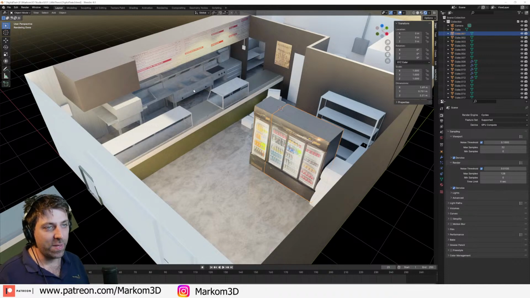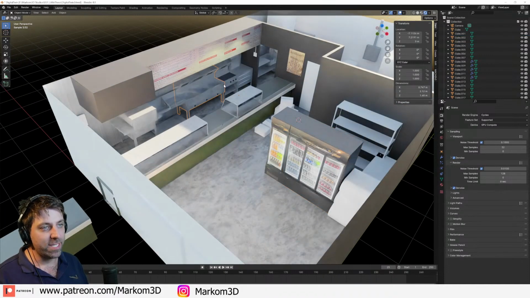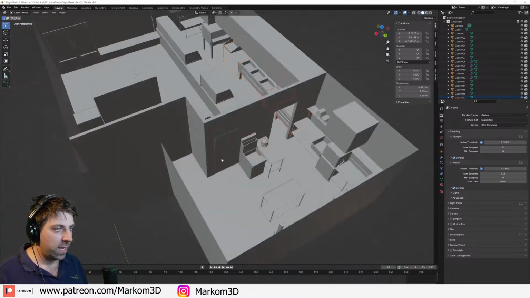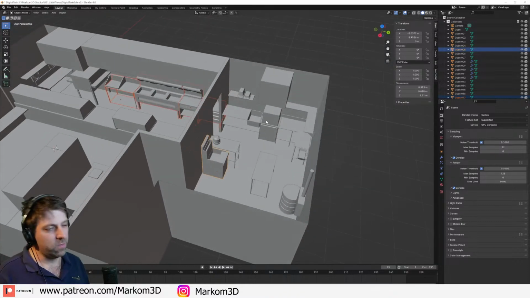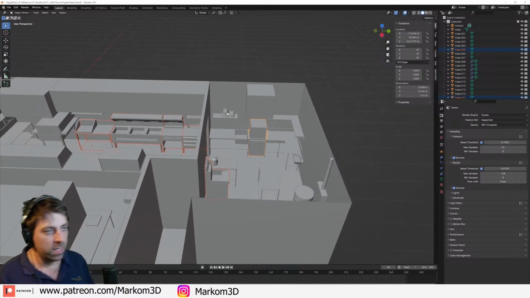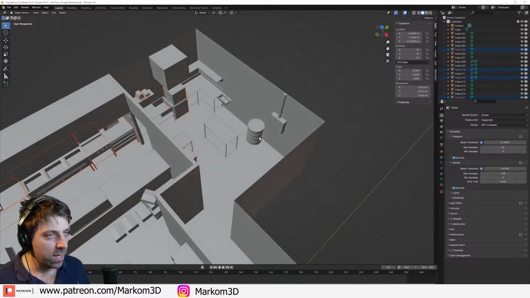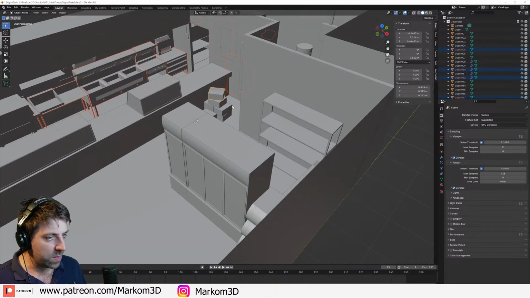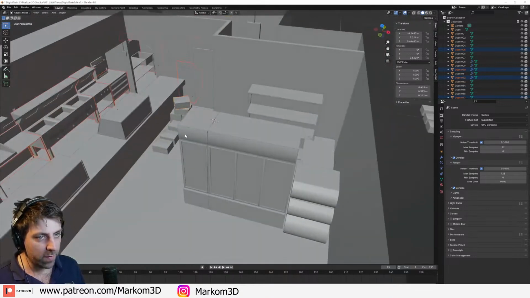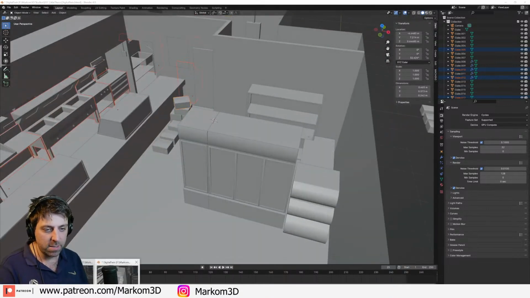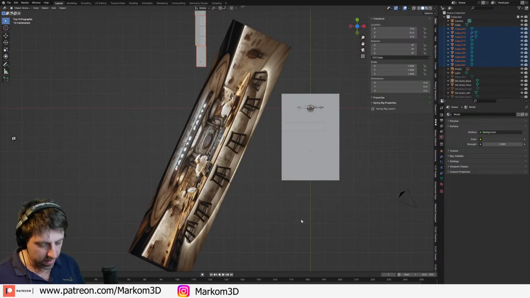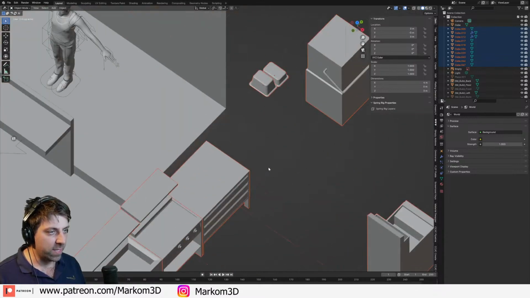Yes, exactly. I completely agree. And that's why we're going to steal things. I'm going to grab all this. That was the pizza oven. We're not going to steal the pizza oven. There is a grease trap in here. Grease trap. That's a dishwasher. These are some pots and pans. We're going to steal them. That's an oil drum. Not going to bother about that one. That one's a tap. Let's steal that. I like these boxes. I did a really good job with these boxes. I reckon that's all we're going to take for now. Control C. Let's go Control V. Where are you? Over there. And now, because we've already done all these assets,